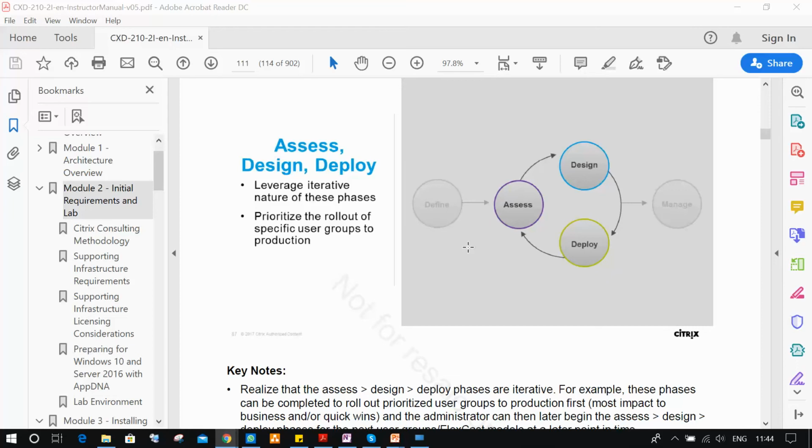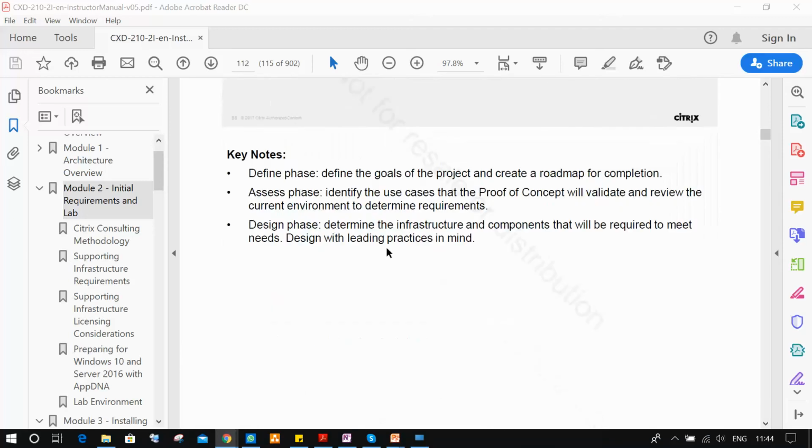Assess, design, deploy. For example, if in deployment you have any problem, again we'll go for assessment. Why? Whatever design we built, we need to verify whether the deployment is correct or not. If this is not properly done, again we'll go for assessment and design, and redeploy. The circle will keep on going until we get a successful result. Understood? So let's move on.